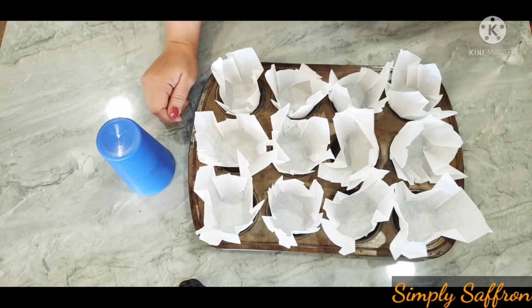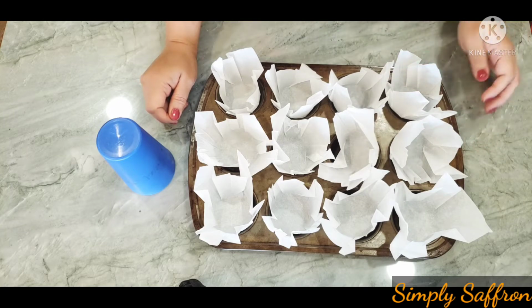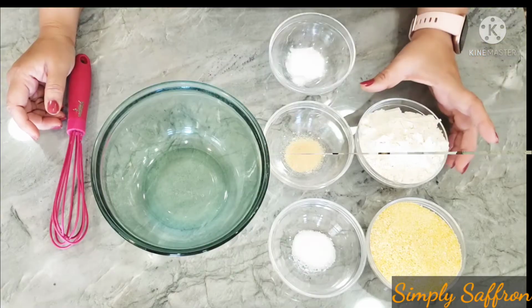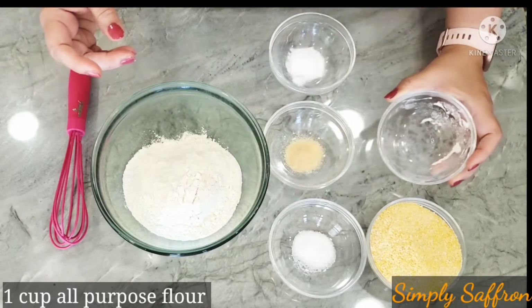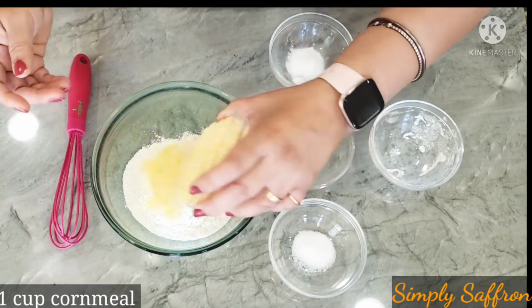So first we're going to turn the oven on at 350 Fahrenheit. So let me show you first the dry ingredients, then the wet ingredients. So for the dry ingredients, we need a cup of all-purpose flour or just regular flour, and then 1 cup of cornmeal,